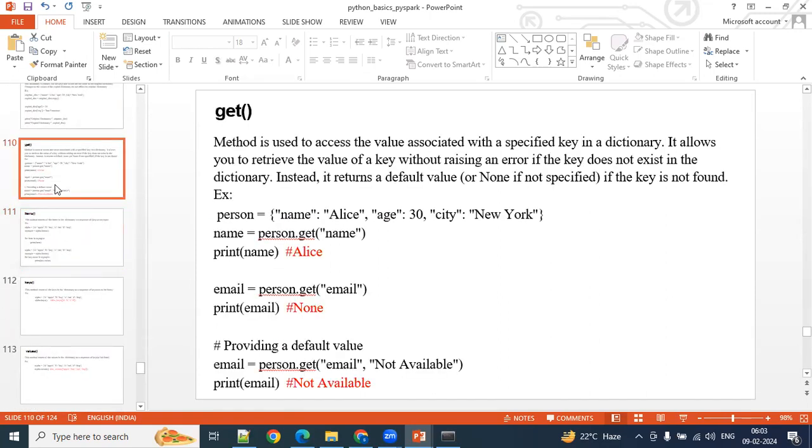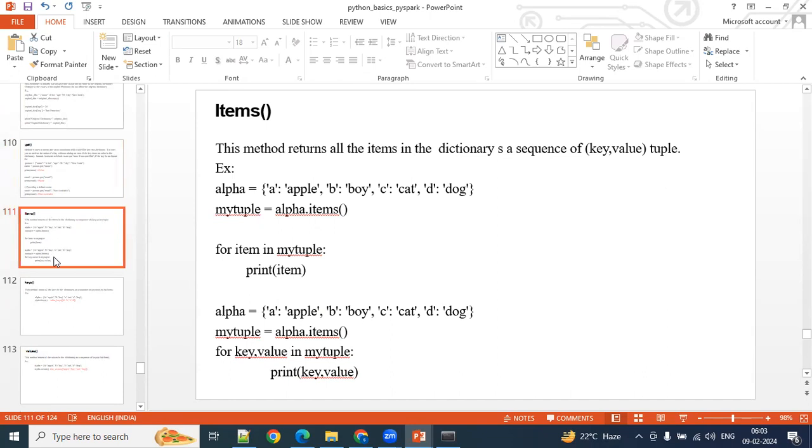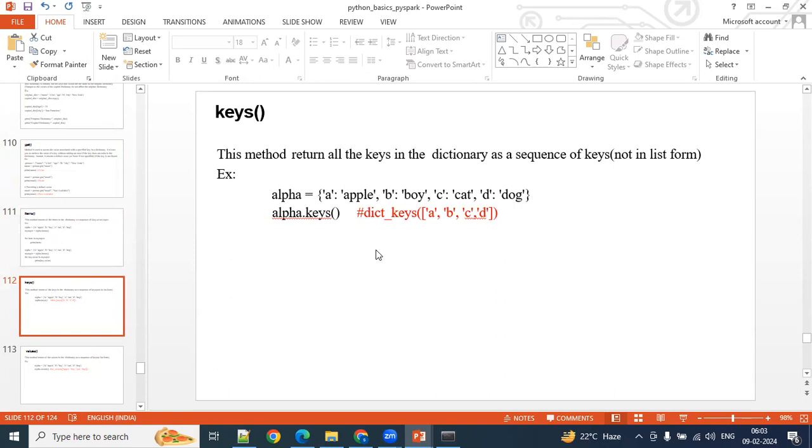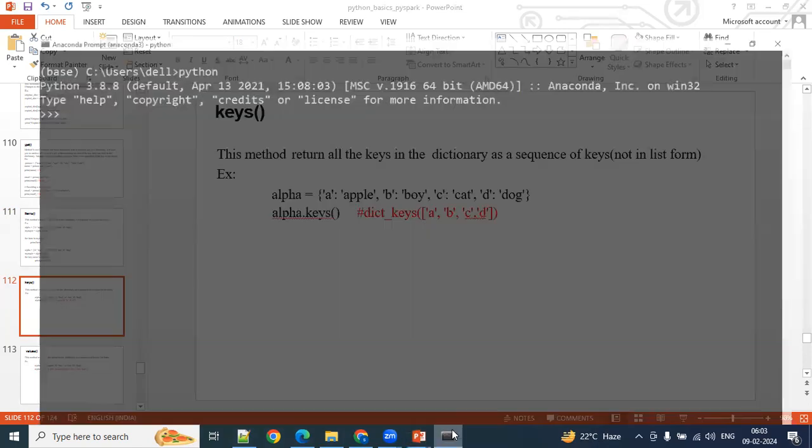So I think we stopped at items. We completed that, I think. So the next one, a very important method, is keys. If you want to know all the keys in the dictionary, then you have to use the keys method. Okay. So let me try to define